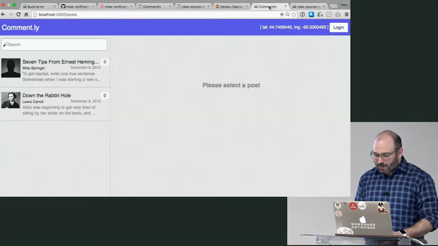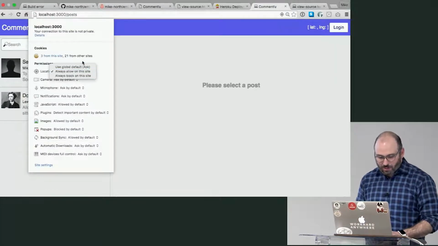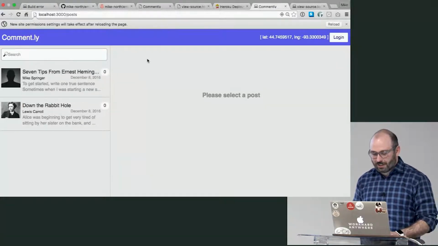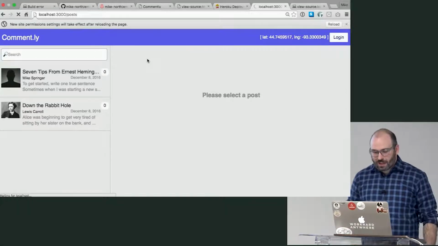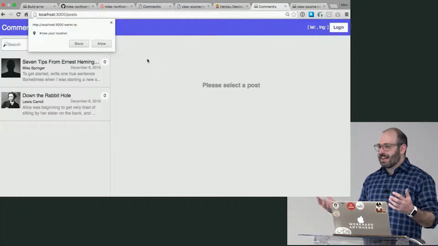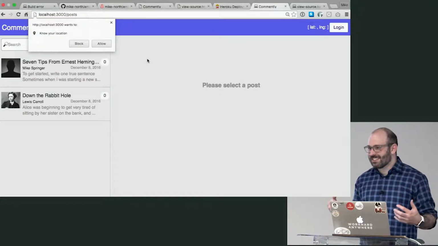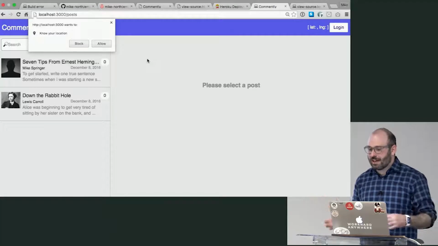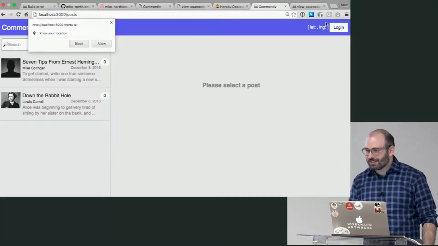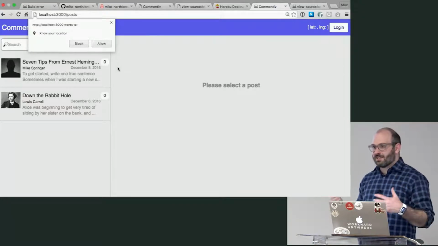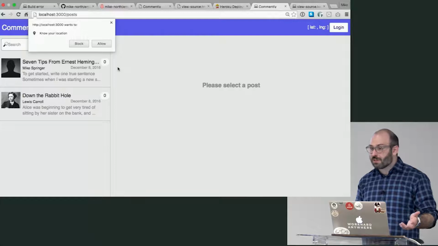So if we refresh our app, I want you to pay attention to how this works. I'm going to revoke my permission to use notifications here, to get location, and refresh. So you can see that the experience has landed, right? The CSS is in place. The index.html has some stuff in it. Lat and long clearly don't have values here. So the state we're in now is the app hasn't really booted yet, but the experience looks pretty good,